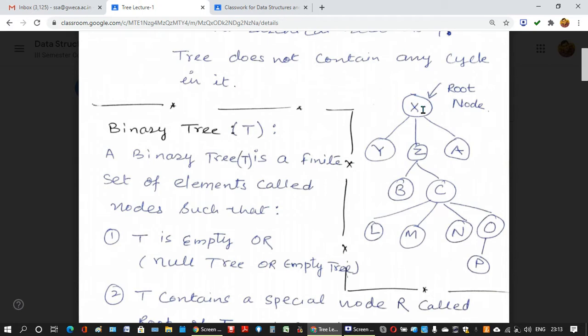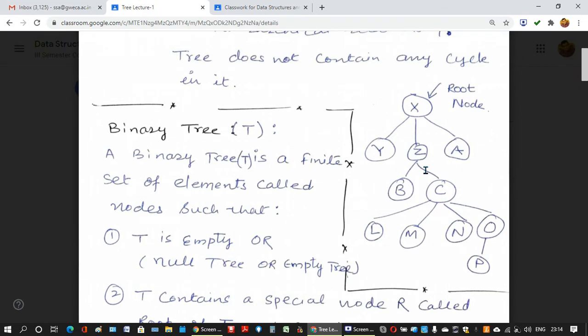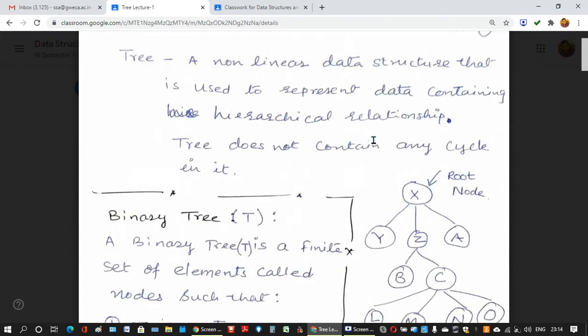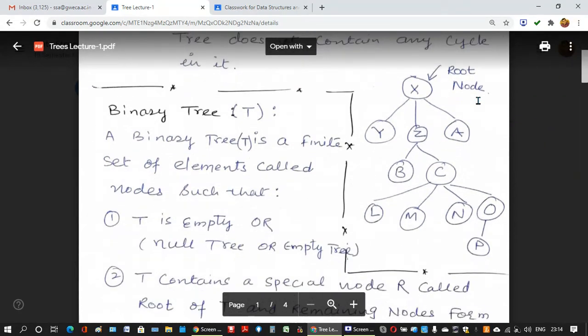So there is a root node, and then there are children. So the children of x are y, z, a. Then children of z are b, c. Children of c are l, m, n, o. Child of o is p. So this is a tree which is representing hierarchical relationship among data items, and this is a non-linear data structure. So in general tree, this kind of structure is there, but